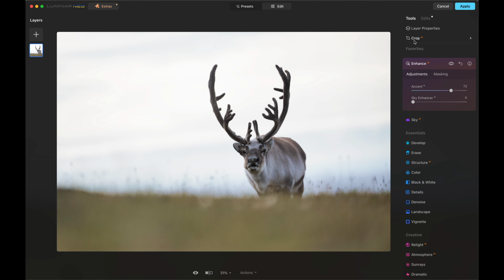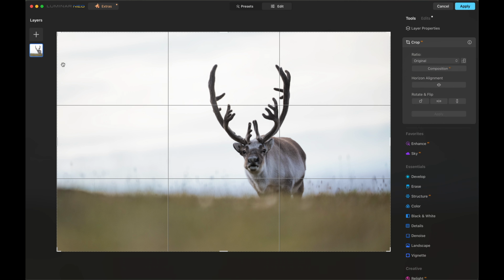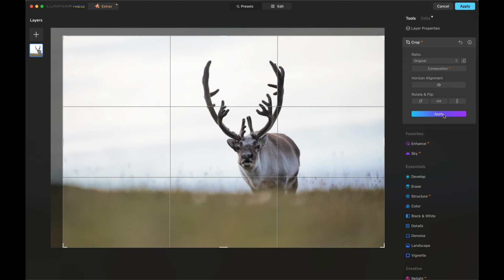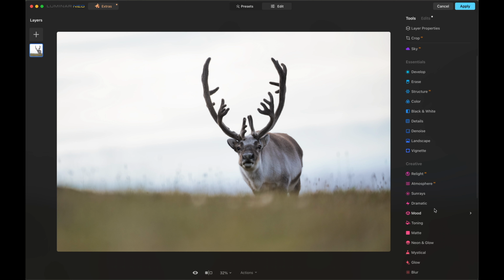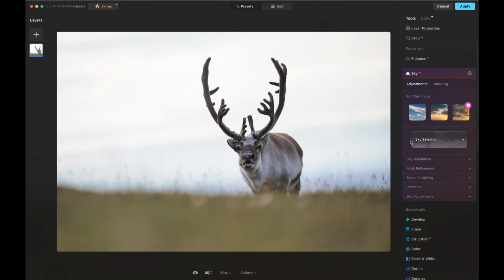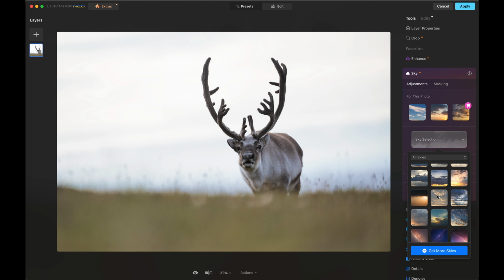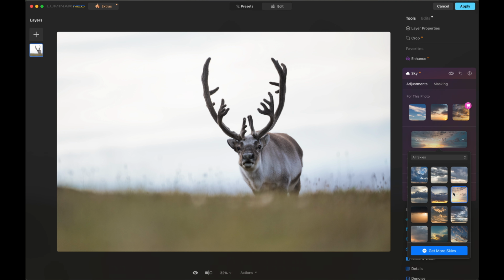And you can also crop if you want to crop the image a little bit. You can do that like this and apply. But let me show you right away. And this is Sky AI. And you can go here and go to Sky selection and you can choose whatever you want. You can just play around and you need to wait a couple of seconds before it generates